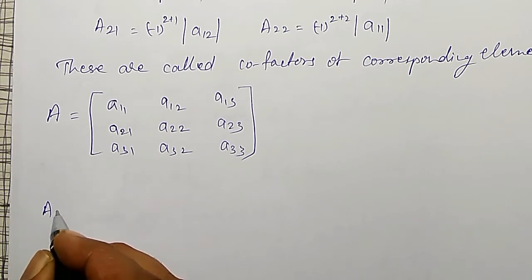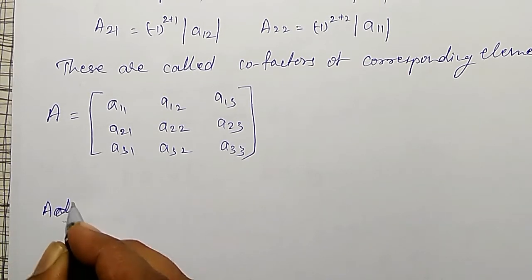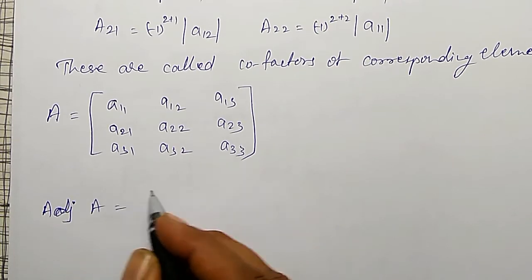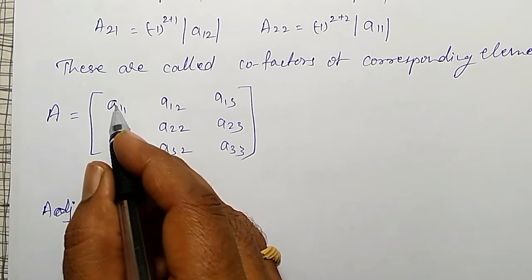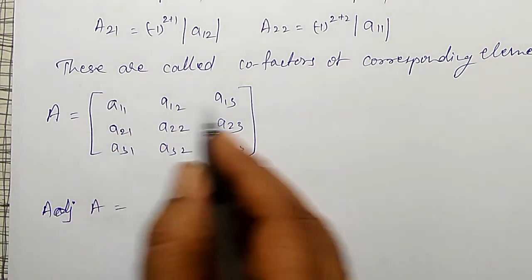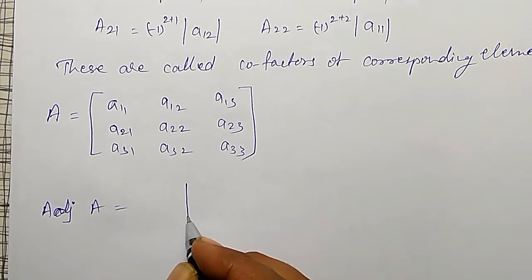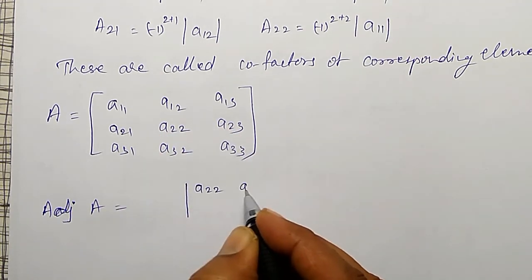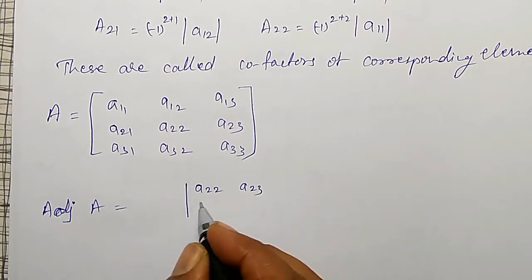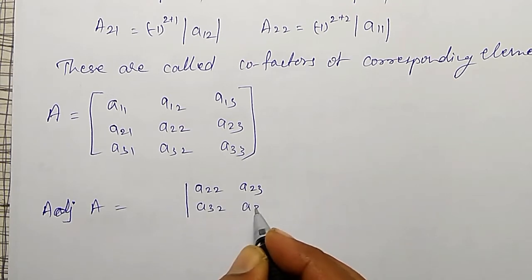Adjoint of matrix A is nothing but, for the first element, the minor of A11, which is leaving that row, leaving that column, this small determinant